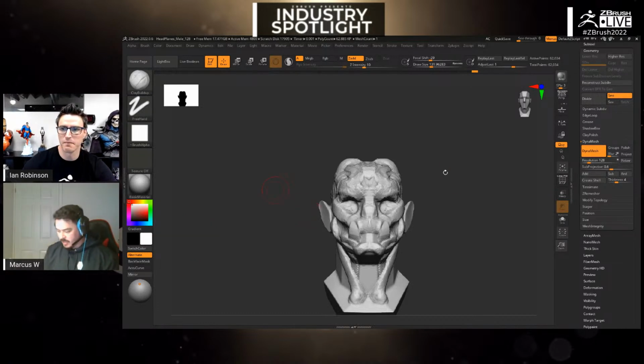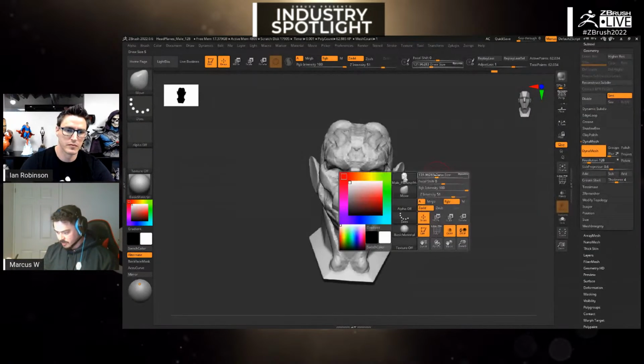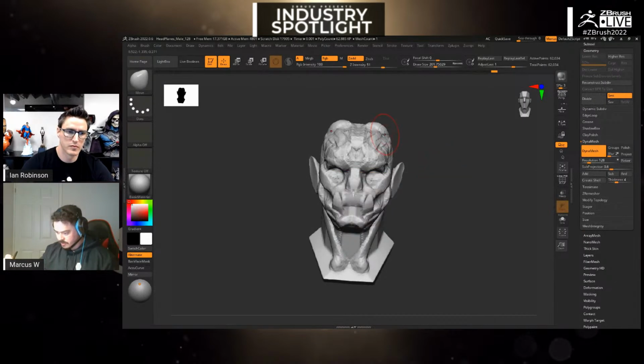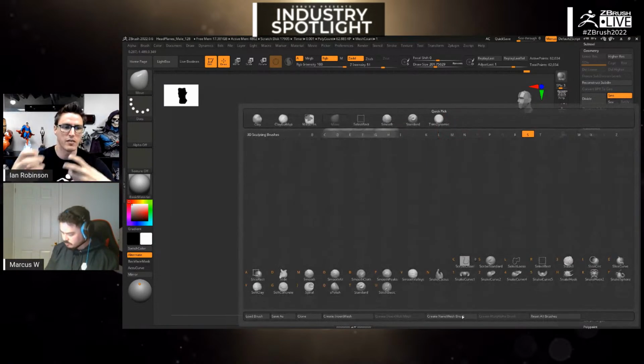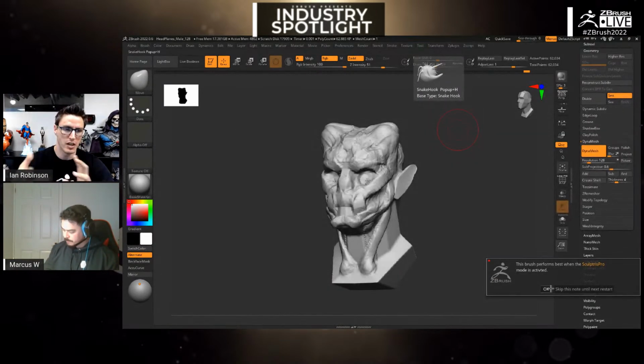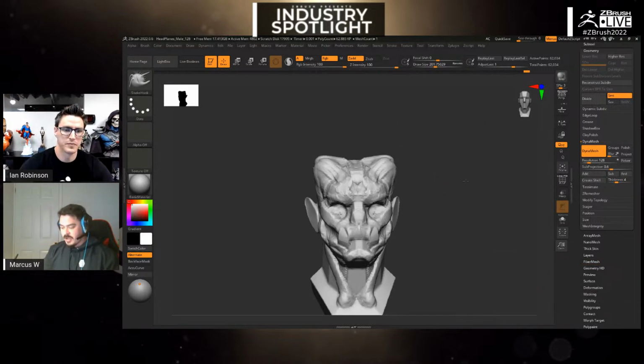Okay. Yeah, so I would just start to block out shapes, and you're really just exploring a lot too, trying to figure out what it is. It's like allowing the sculpt to breathe and kind of come to life on its own, using shapes and silhouette. Oh, come on. Oh, I think it's frozen. Oh no, there it is. Yeah. So yeah,